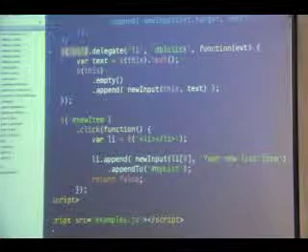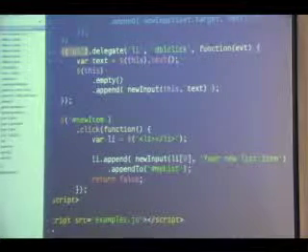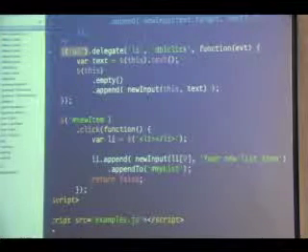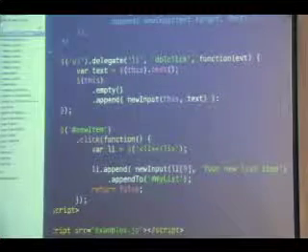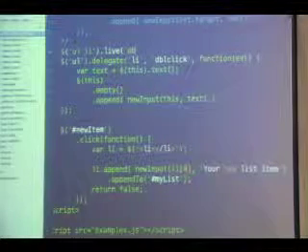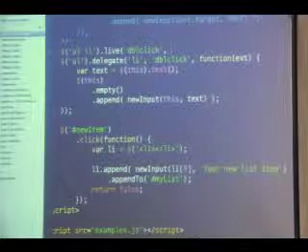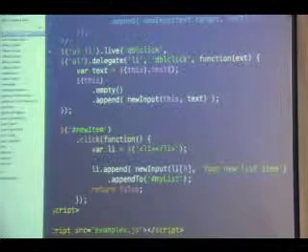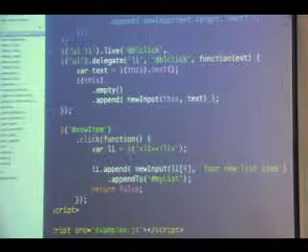Why is that different from a live with a UL space LI? Excellent question. Okay, so why does .delegate differ from a .live? So you could implement this, and Yehuda, correct me if I'm wrong, with a delegate, it's going to bind it to my unordered list itself in the DOM as opposed to a live where it will bind it higher up in the DOM?